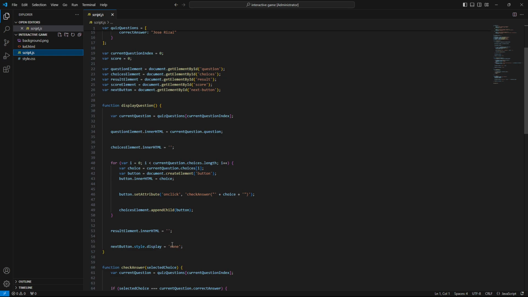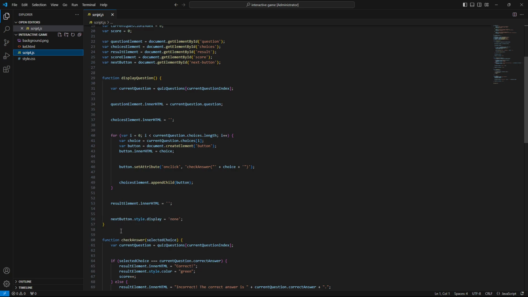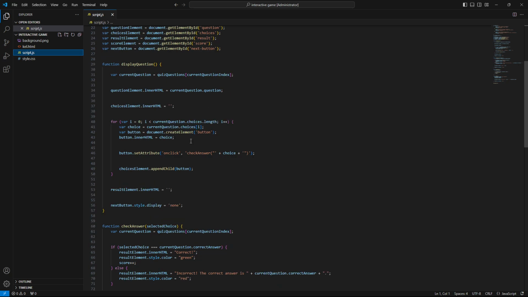And to make a function to check if the selected answer is correct, I will make a function to check an answer, which is check answer. It is selected choice. Then var current question, quiz questions, and current question index. And compare the selected answer with the correct answer.